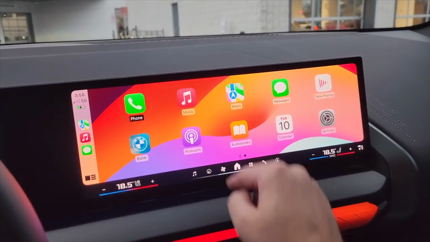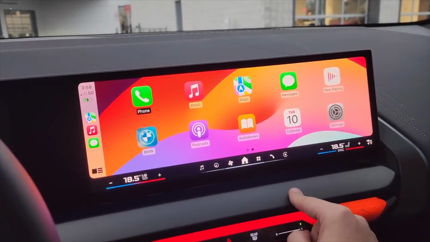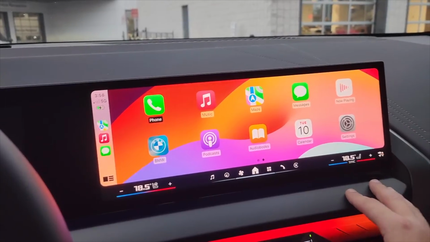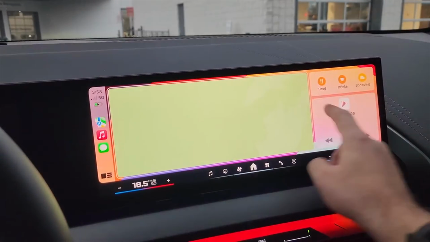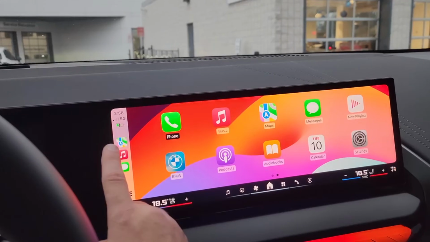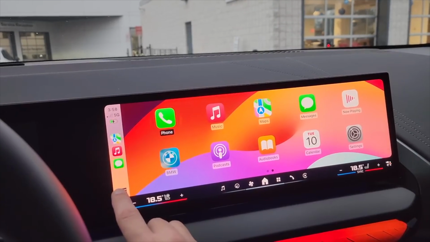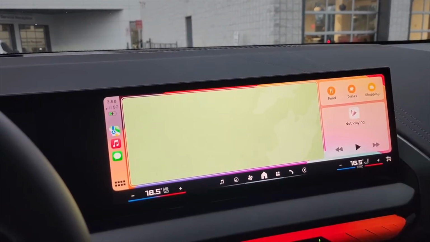So you'll get your Waze, your Google Maps, Zoom, NHL apps, 680 News apps. That's our news radio here. So there's a bunch of compatible apps, Spotify and stuff like that. Right here are the most recently used apps, and these are all the apps here. This right here will take you to the home page of CarPlay where